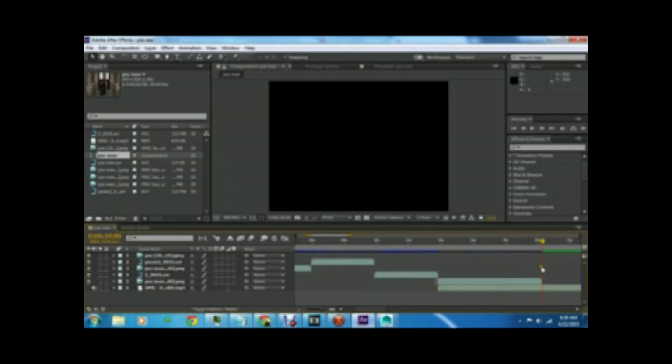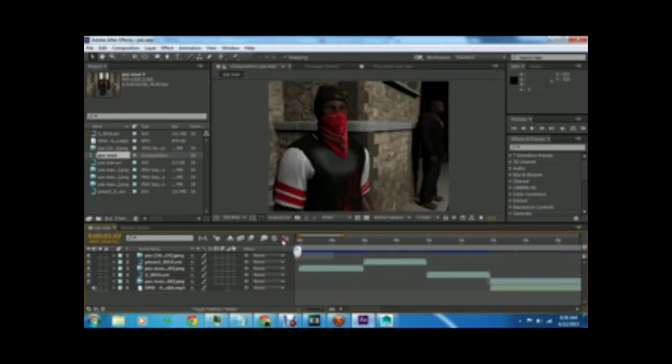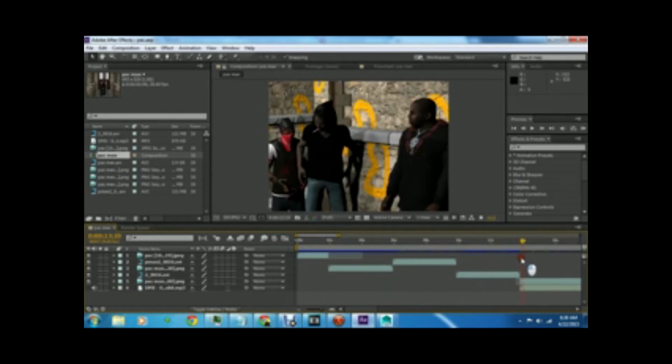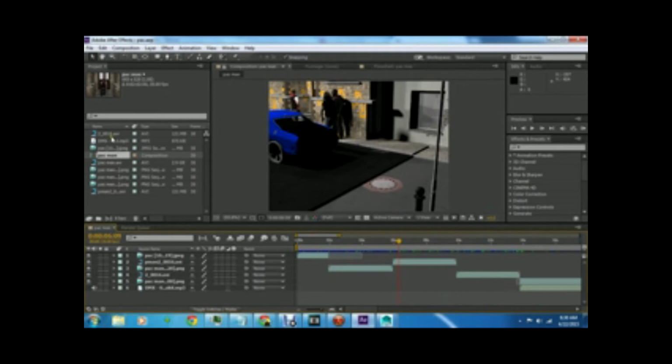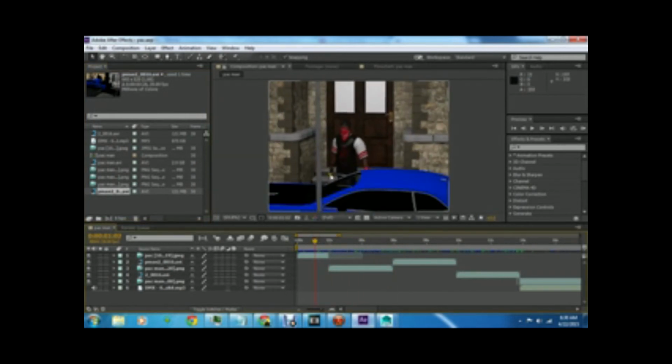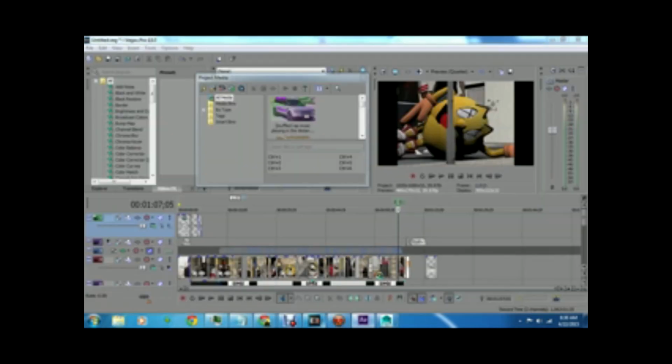The gunshot is actually, let me see if I can just move this. Yeah, the gunshot is actually from, I made that inside of, this is Adobe After Effects. I made that and just applied it on top of it. I applied, what's it called, a gun explosion, I mean a muzzle fire on top of